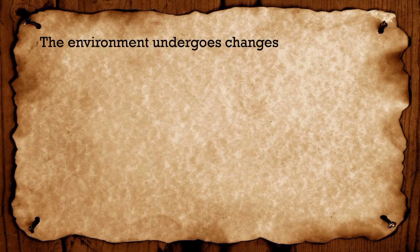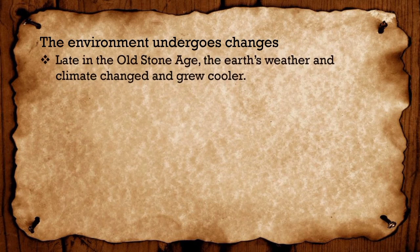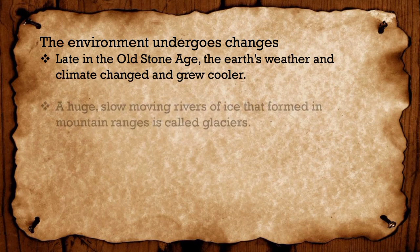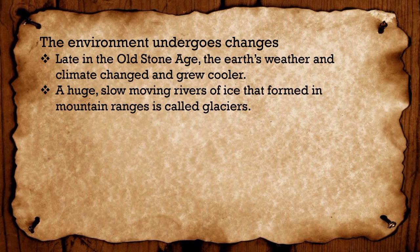The environment undergoes changes. Late in the Old Stone Age, the Earth's weather and climate changed and grew cooler. Scientists think that the variations in temperature produced at least four long cold periods, or ice ages. Over several million years, as the weather steadily cooled, the Arctic ice cap thickened and spread. Huge slow-moving rivers of ice that form in mountain ranges are called glaciers. Because so much of the Earth's water was frozen in the ice sheets,